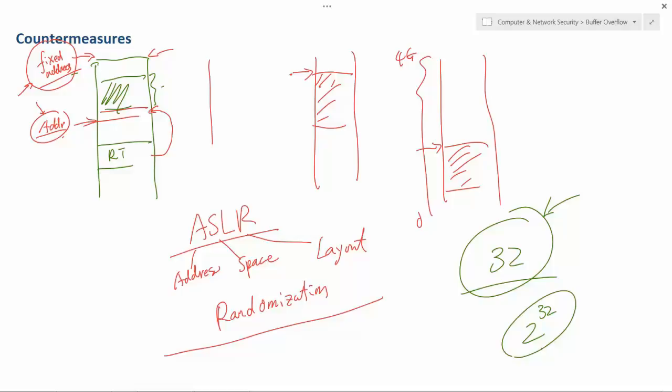And in the lab, we ask you to turn that back on. After you finish this attack, you don't need to make any change to the attack. You go back to the randomization mode and turn that back on. You have to run this many times. Try your program many times. Most of the time it's going to crash because you're going to jump to some invalid place.